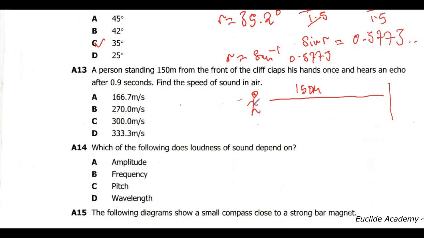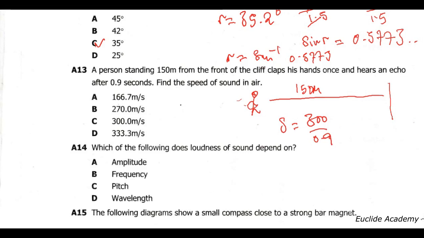So sound leaves his hands as he's clapping, and then it goes to the wall, bounces back with an echo. An echo is just a bouncing back of sound, right? So it comes back here. So it travels this distance twice. It comes back after 0.9 seconds. So find the speed. Speed is equal to distance over time. What is the distance? The distance is 150 meters times 2 because it travels back and forth, and that gives you 300. Divided by the time it took,